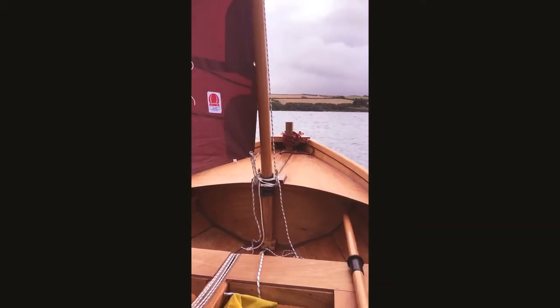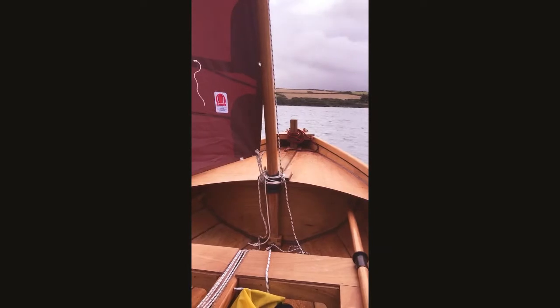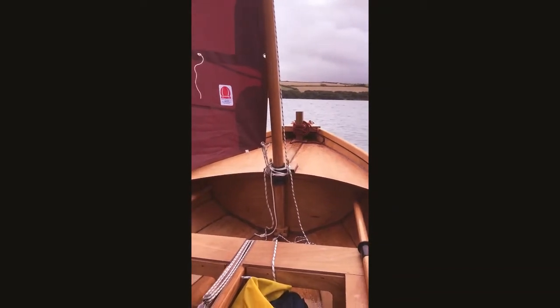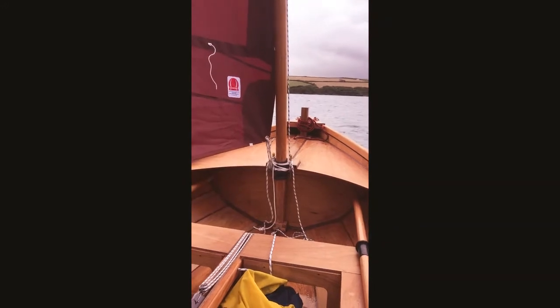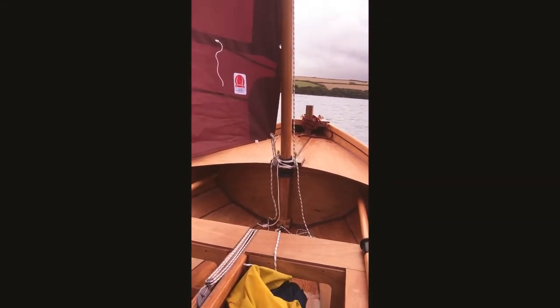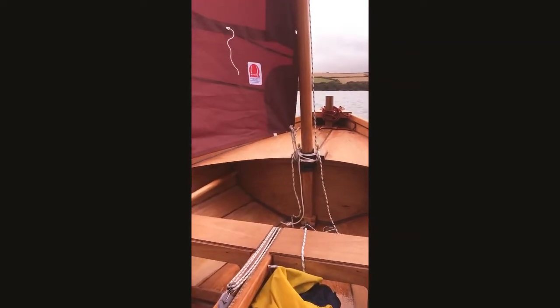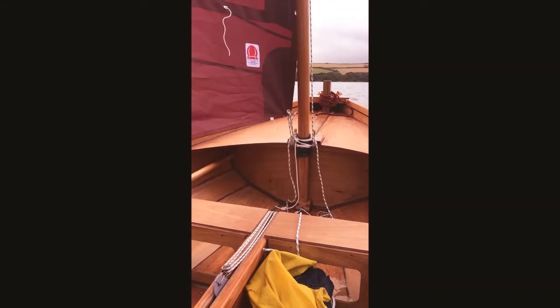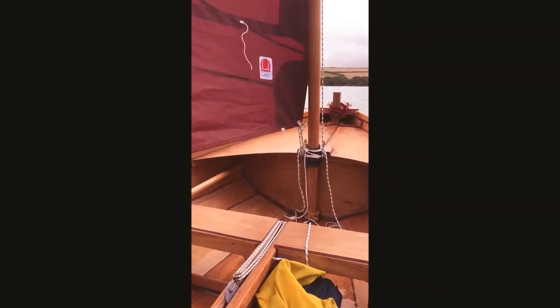Here I am on the Camel Estuary. Trip I planned yesterday to sail from Rock upriver to Wade Bridge. So I've been on the water about an hour now. It's an hour and a bit before high water. A few things been going on. I've had to readjust that tack because definitely it needed a bit of purchase, so I've put a bit of